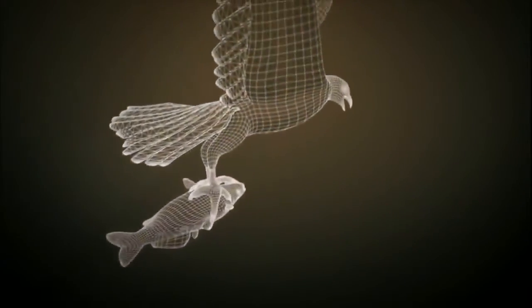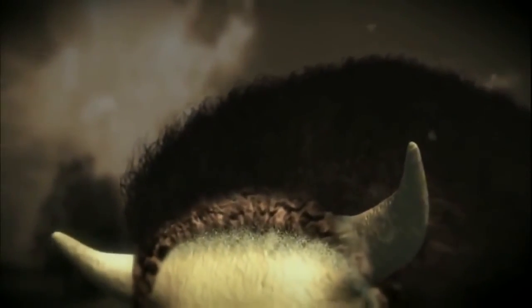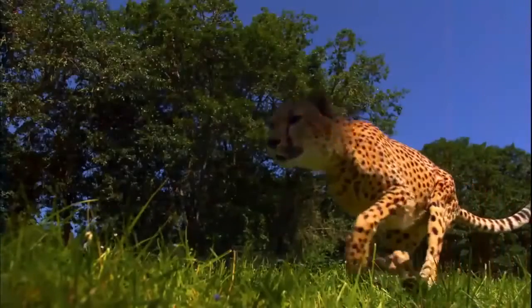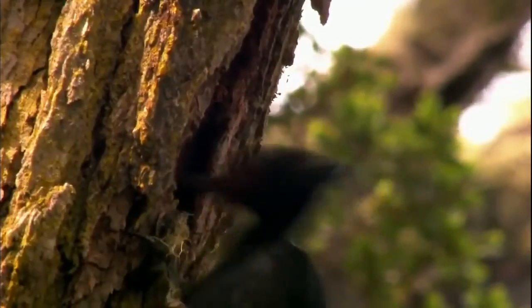Nature is always finding new ways of adapting the equipment, and we're beginning to be able to keep up with it. Going inside the moment with these creatures to finally see how it all works. The variety of